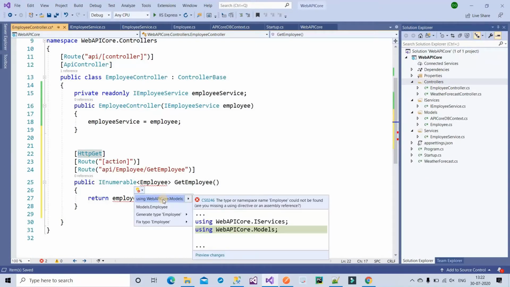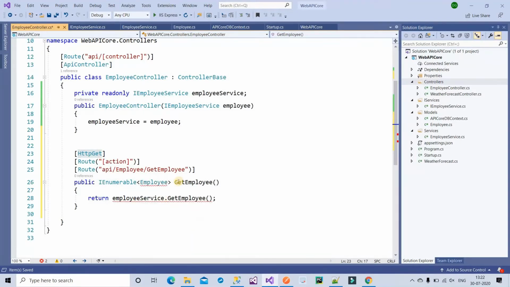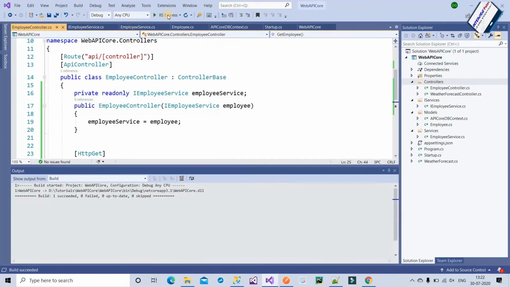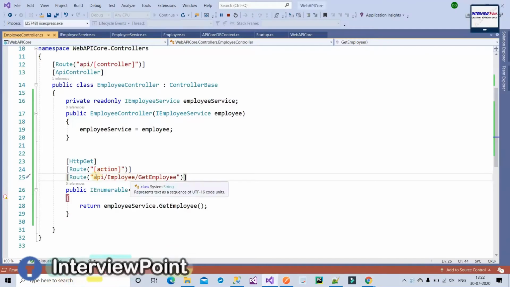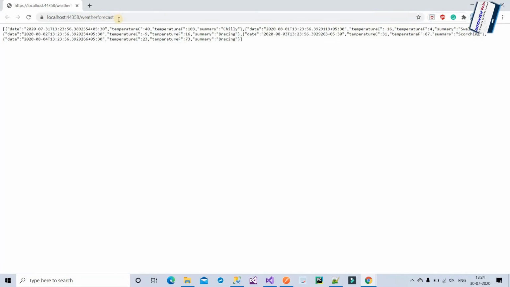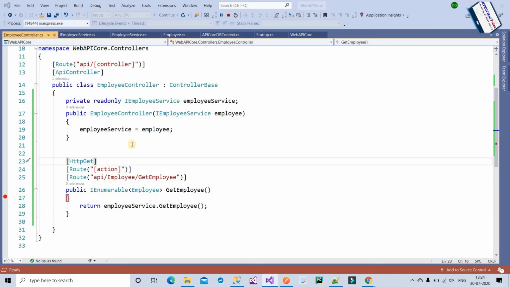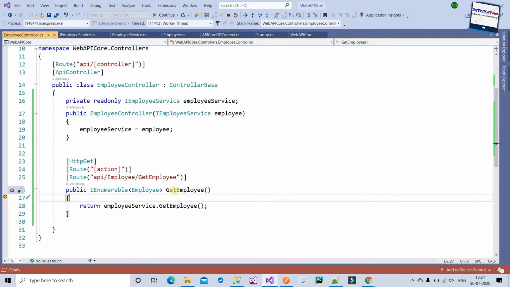So IEnumerable of Employee will be the return type, so GetEmployee. Now we can run this project and see whether we are getting the expected output or not. So run it, we will see this. I will use this URL here, this one. By default we are getting the weather forecast report. Paste the URL. Now we can see the controller jump to this GetEmployee method, and now we should get